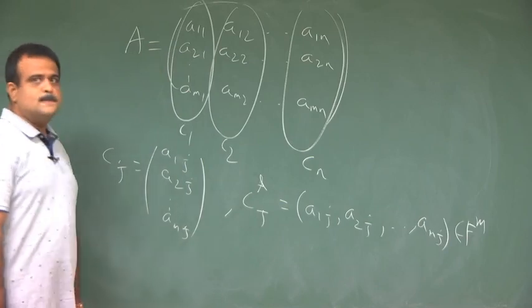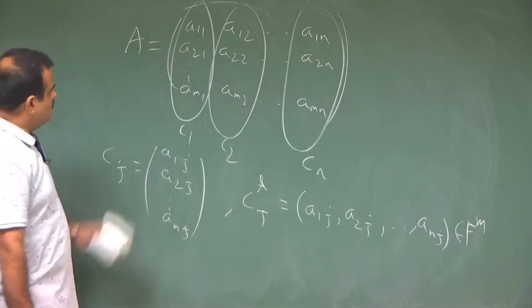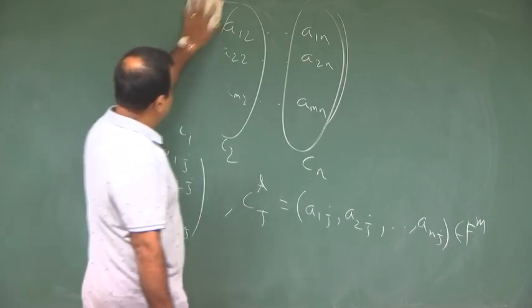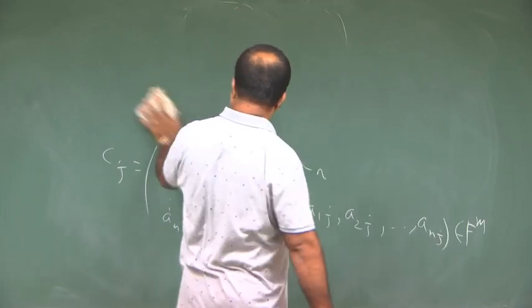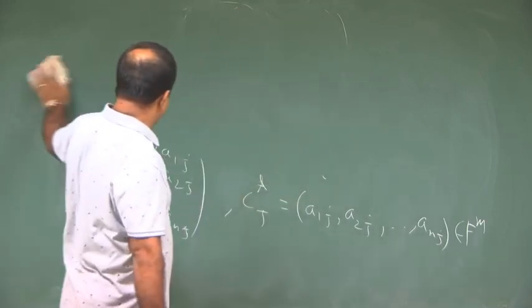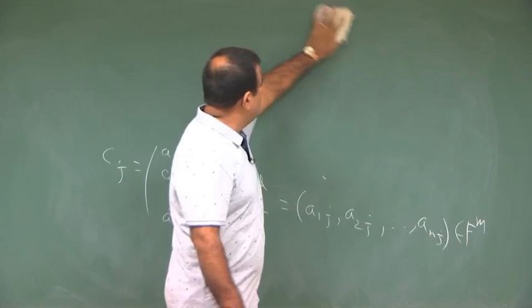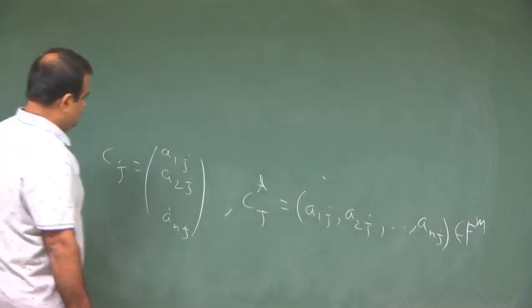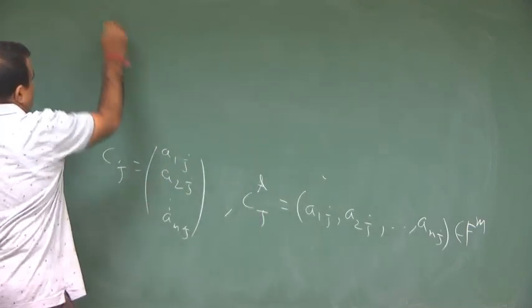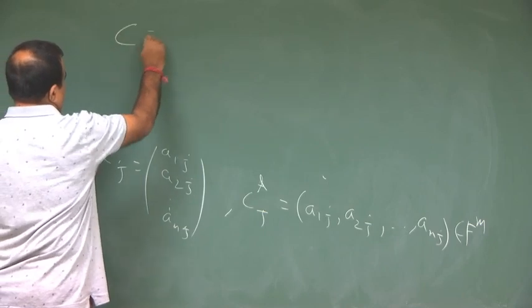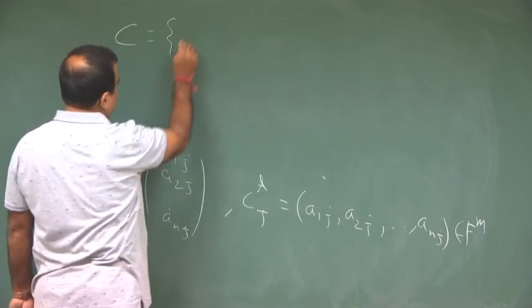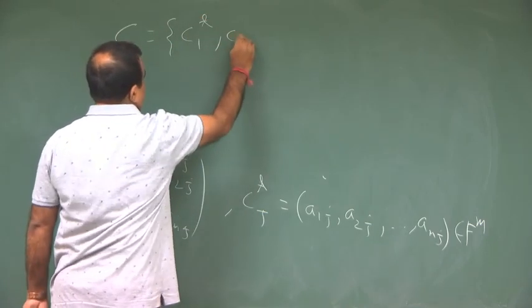Okay. Now, if you take this collection of column vectors, and then take the linear span of this, suppose C is the collection of